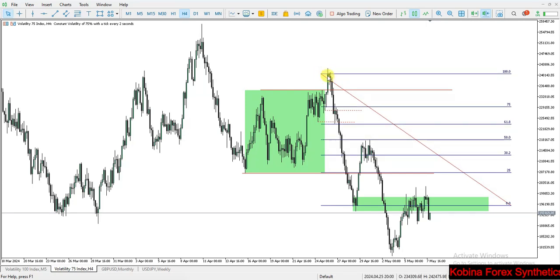Okay, so from this high to this low, where is the 50%? 50% is right in here. And you notice when price got into the 50% retracement level, it had to reject and then traded back down again. Okay, so beautifully you could see that it was right on the 50% level, just as a touch of